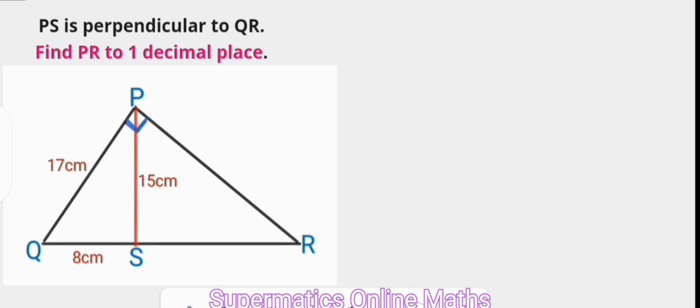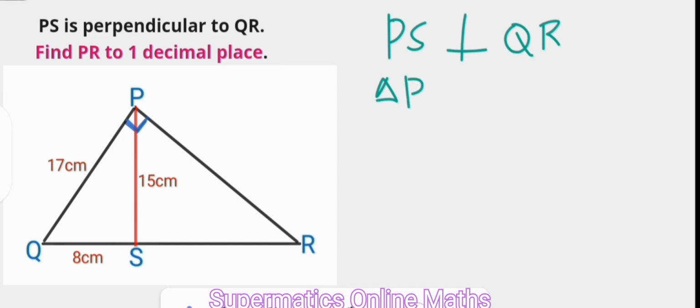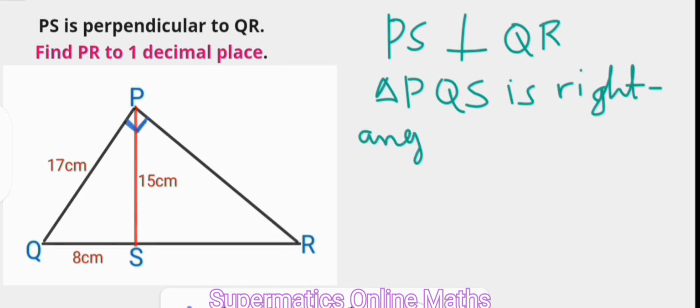So first, we know that PS is perpendicular to QR, and as such, triangle PQS is a right angle triangle. We shall be using trigonometric ratios to get this done, and